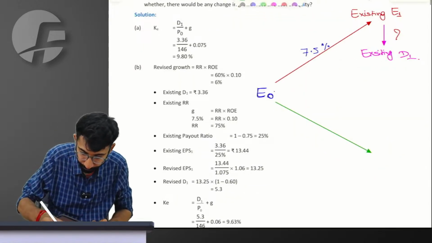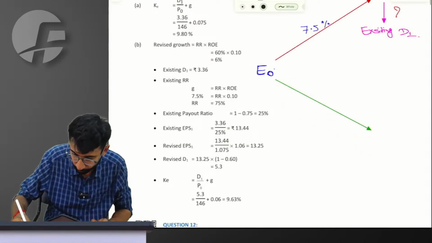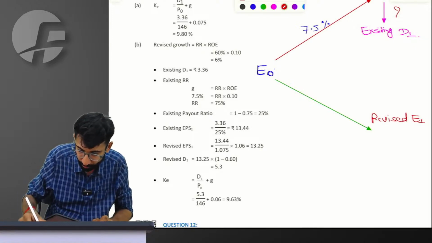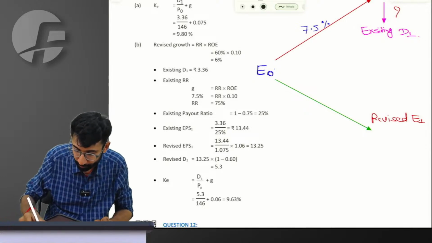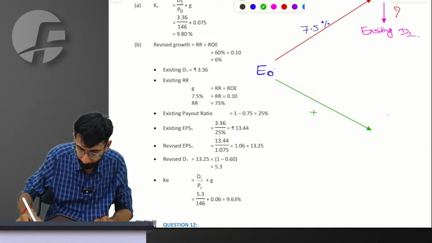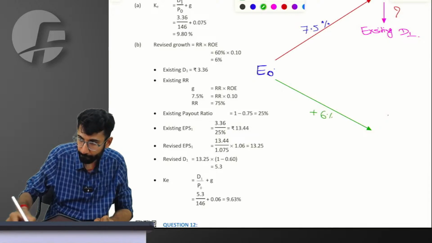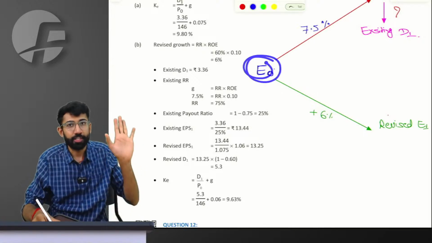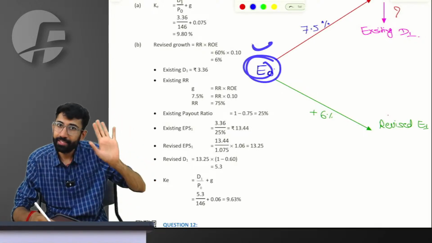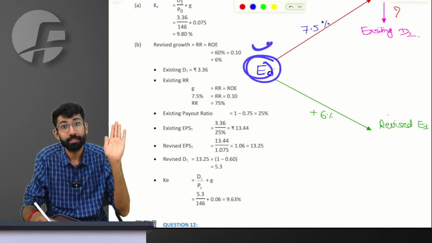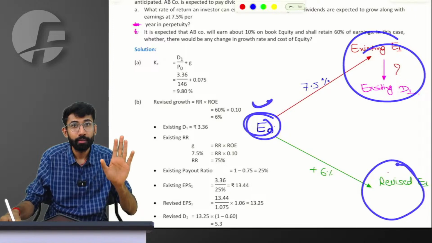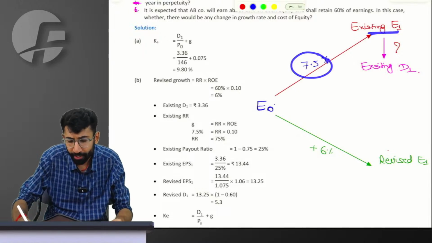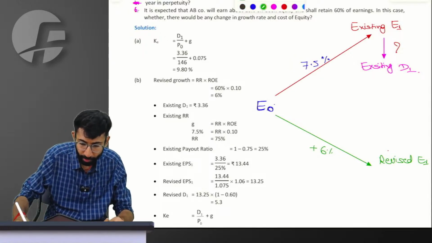Cool. Because the growth rate will change, which is going to be 6%. One second. See, E0 never changes. We have earned it. This has happened. This is history. It cannot be changed. It is past. What I can change is my future. So in future, I was expecting I will earn E1. That was based on 7.5% growth rate and a particular payout ratio based on which this existing dividend of 3.36